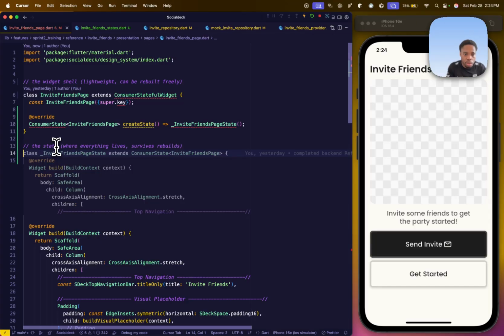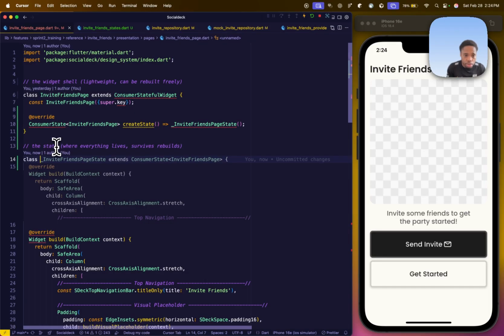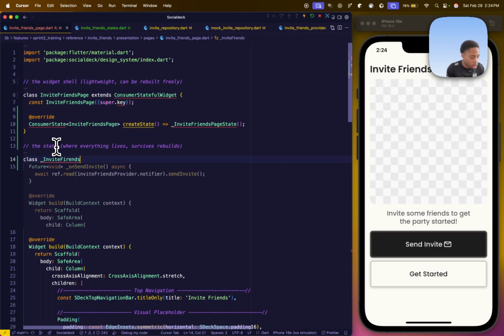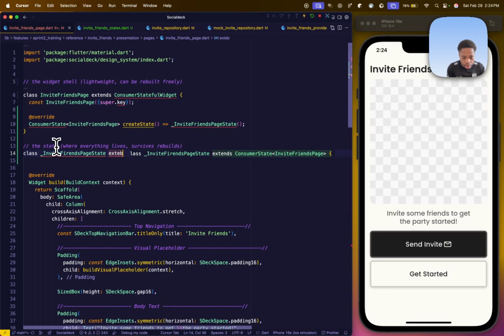Okay, so we don't want that. So I'm gonna just create the class. It's gonna be called class, Keynote, just make an underscore when you write it. Invite friends. Invite friends page, right? So this is gonna be the page, and then we're gonna do state, which extends